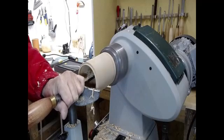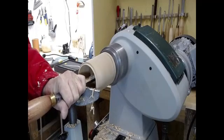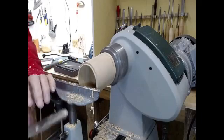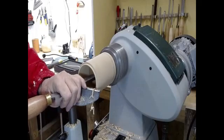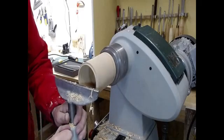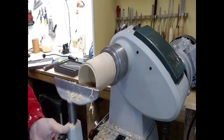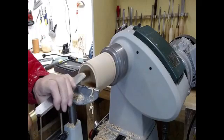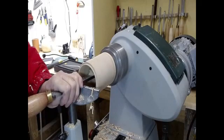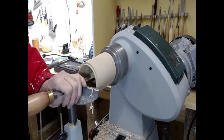I'm just taking too much out of there, so I just need to go a bit softer. More easy. Easy, big lad. Easy, big lad. Take your time. Tool is still a little bit low. I do have a bigger scraper, but I just want to try it with this. There we go. Tool rest was much too low, so now it's...